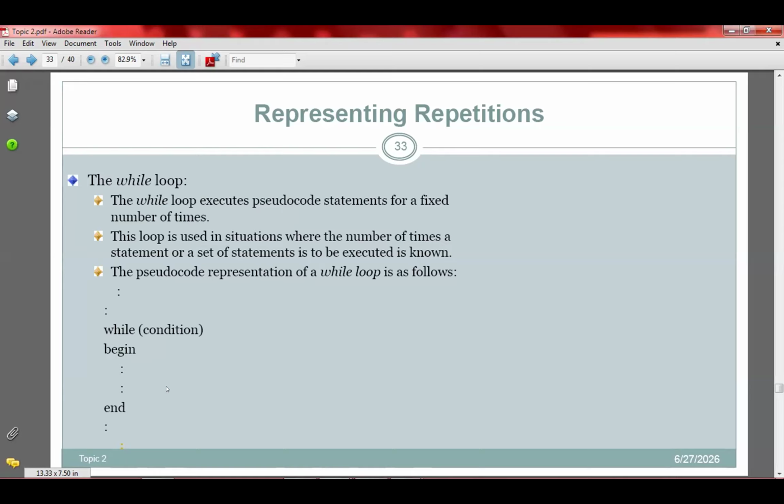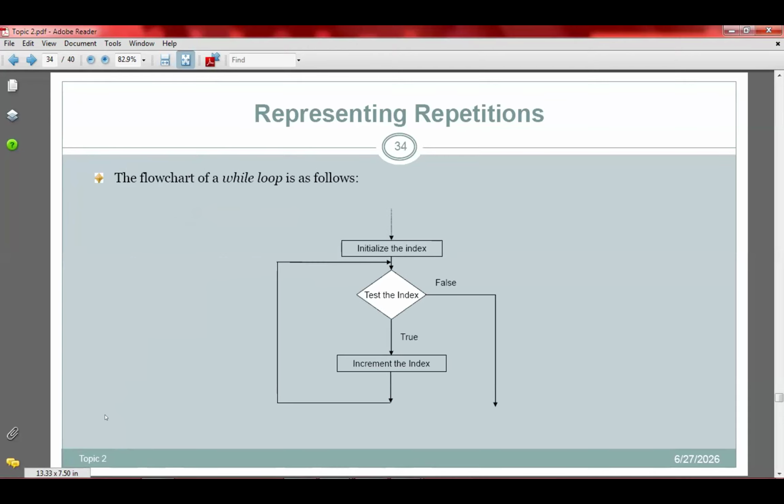So once again, when we start the real programming, I will execute an example for you to see. So with the while loop, the while keyword is there, and then in front of the while keyword, you bring a condition. And once the condition is true, then you repeat what comes under the while. After performing what comes under the while, you determine if you need to repeat it or not. So that is the while loop.